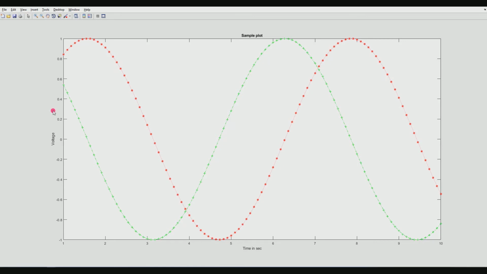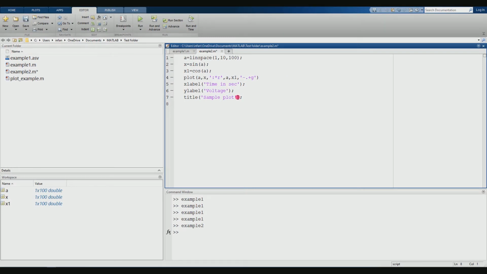In this plot, there are actually two waves. One wave is a sine wave, which is red in color, and cosine wave, which is green in color. In these cases, we have to give legends. Okay, let's see how to create a legend. For legend, the syntax is legend, open the bracket.